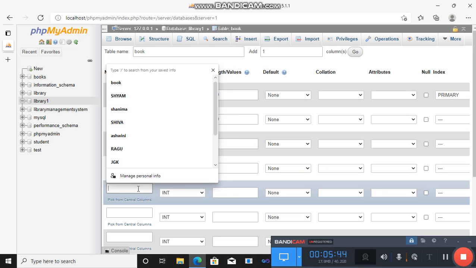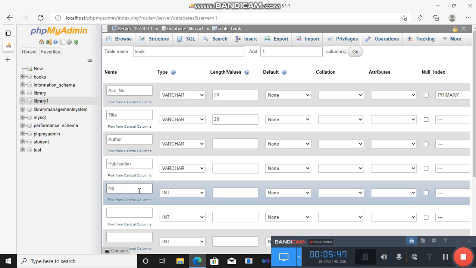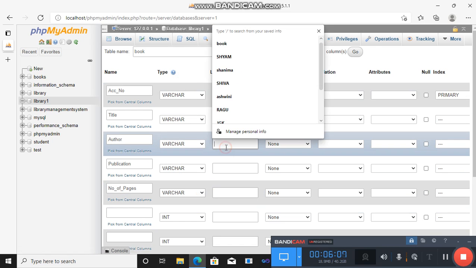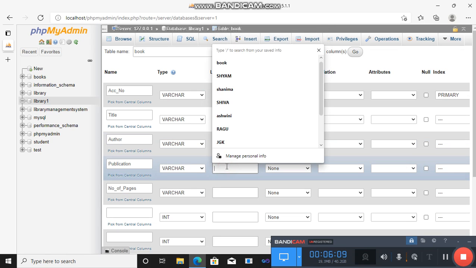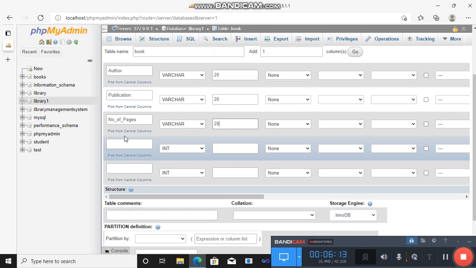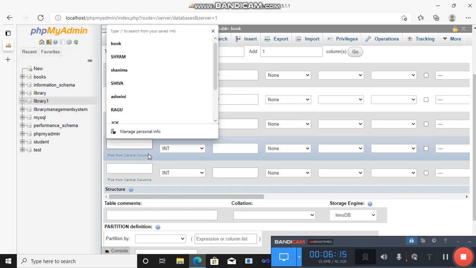Next, number of pages: number underscore pages, in small letters, so it will be easy when we are coding. Here you should give the length also. If you don't enter the length, the particular columns will not be saved.